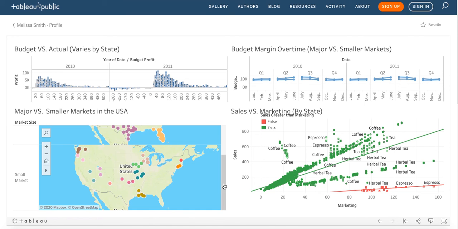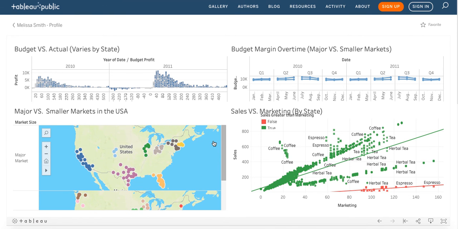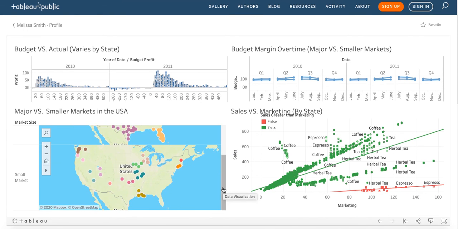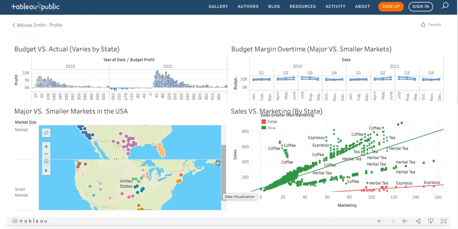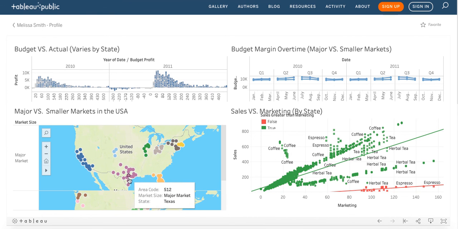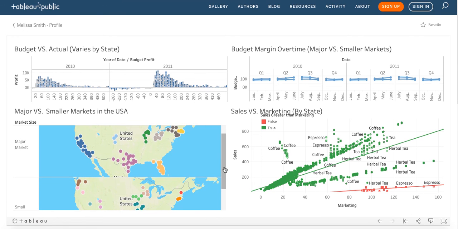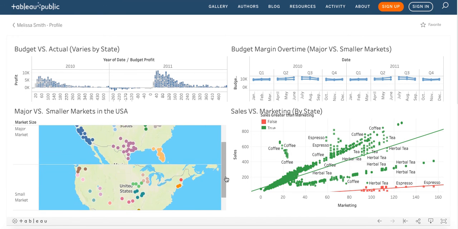So we have two maps. One is the major market, the top one, and the bottom one is the smaller market. As you can see, each dot defines an area code of the state. So each color will represent a different state and the state's area code. But what I found weird is that if you look, you see all these colors over here. And so we're going to move down from the major market to the smaller market. And you'll see that